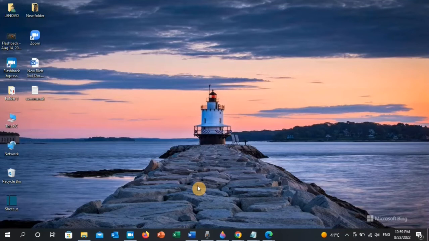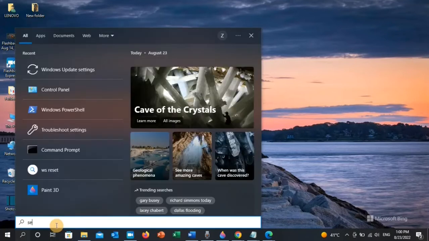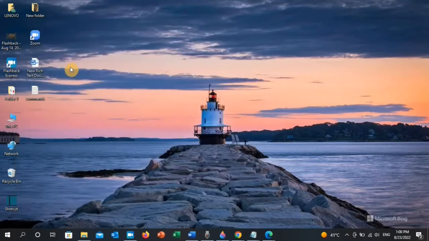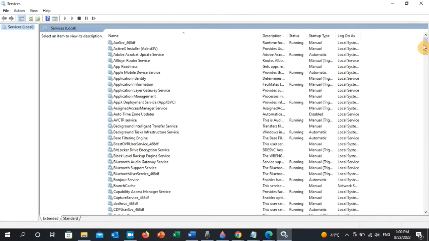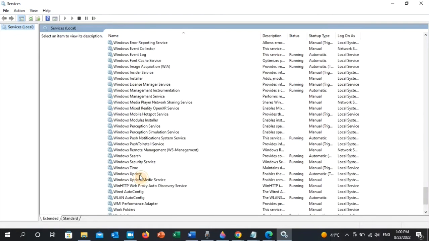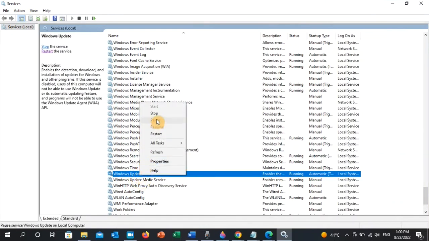What you need to do, you need to go to the search toolbar and type services. Services will appear here, click on it. Then scroll down to Windows Update. Right click on it and click on stop,